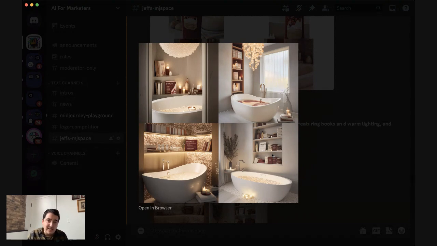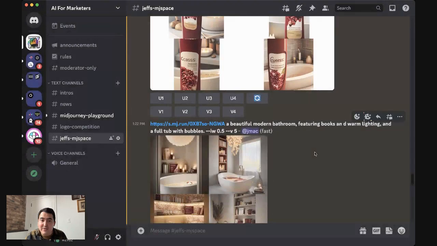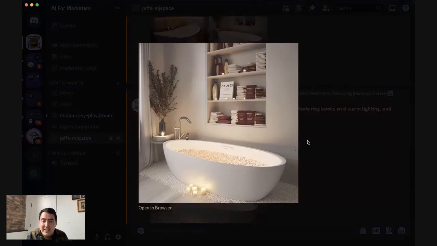I would take any one of these bathrooms, and I did, down here, and I would try figuring out a way to put a Caress bottle somewhere in the comp, maybe just floating in the middle of the screen, if this is literally just a social post for Instagram that I'm creating quickly. Now you can see it did try taking the label's copy and placing it throughout the background. This would be something you would probably want to go back into Photoshop and clean up, but it's got us some of the way there. I think the bubbles inside the bathroom could use some work.